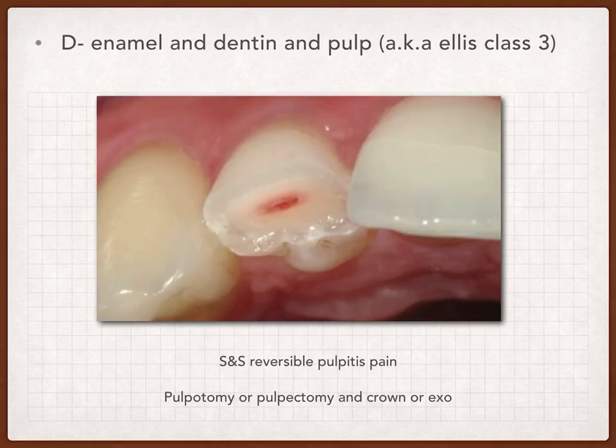The third case is when the enamel and dentin and pulp are affected, which is also known as Ellis class 3 fracture. The signs, we can see here that the pulp is exposed, and the symptoms are reversible pulpitis pain, and the treatment here. Guys, you should always know that when there is any pulp involvement, I will talk about